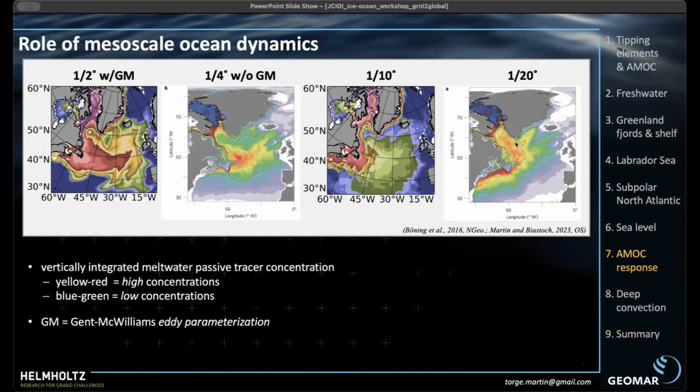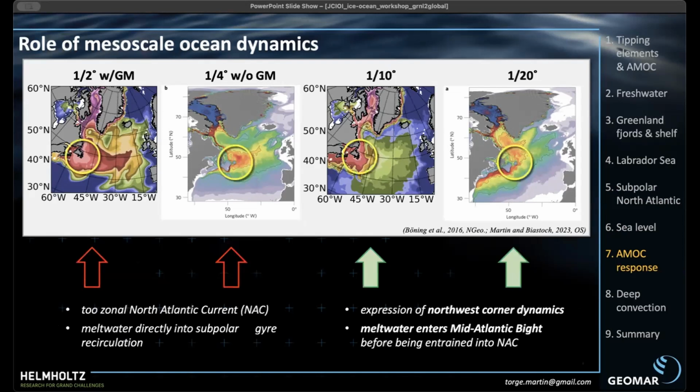And then a tenth or twentieth degree resolution where you have more and more eddies in the ocean. Just to highlight here in these circles, again, the northwest corner dynamics where you have the North Atlantic cold bias, that really it's ocean resolution that can improve this region. It's not the eddy parameterization that can help very much here, but it's on the very right-hand side showing if you have mesoscale dynamics, you get this area much more properly resolved, and also therefore the pathway that Greenland meltwater